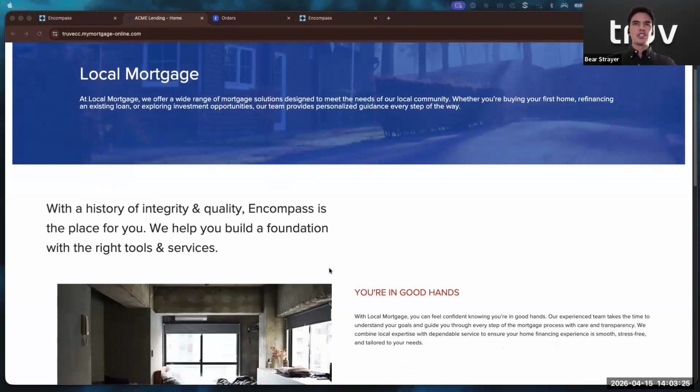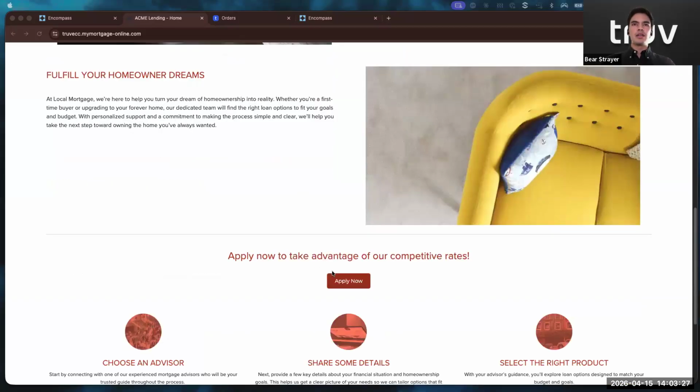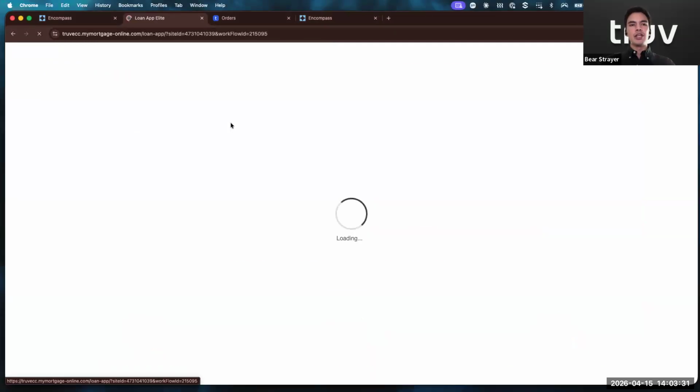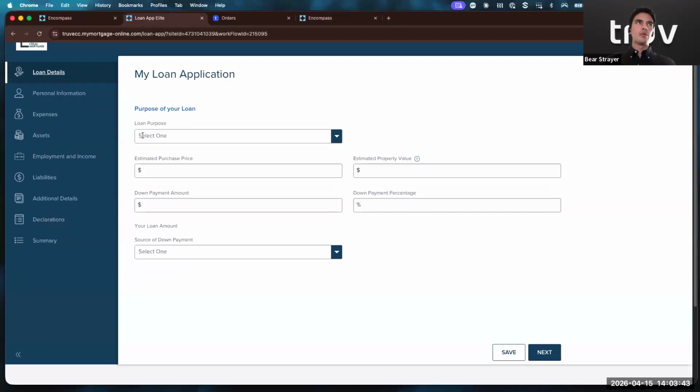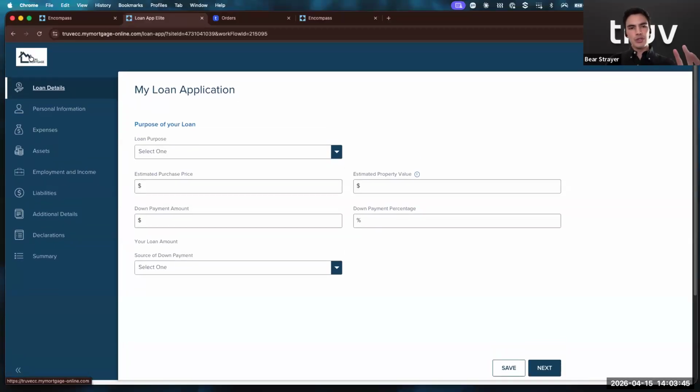But yeah, Encompass Consumer Connect is just an out of the box point of sale integration that they have for taking in the loan application. It's a product offered by ICE. And so similar to others like Encino or Tidal Wave or Lender Logics, the idea is the borrower will come in, you'll have your website, what I was just showing. And then once they click apply now, they'll enter this application flow. So here they can enter in some details about the loan,